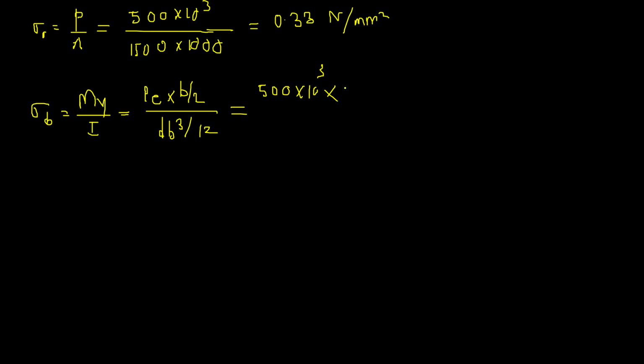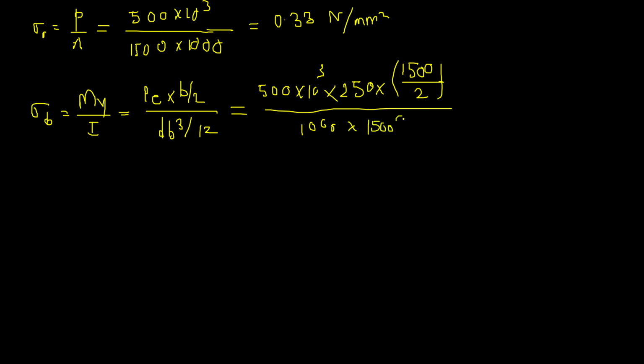Value of E is 250. B is 1500 divided by 2, divided by db cube by 12. So D means 1000 into 1500 cube. This whole is divided by 12. So if you solve this, the answer should come 0.33